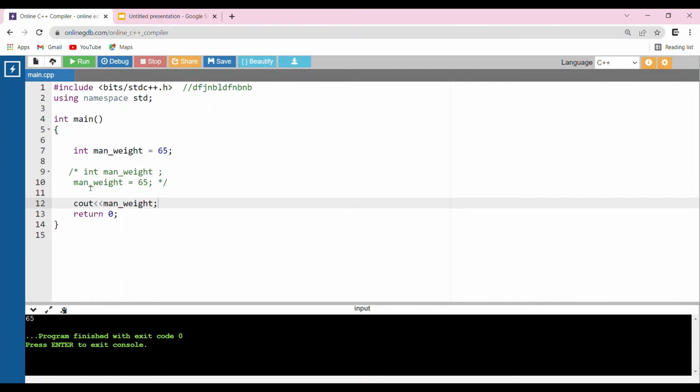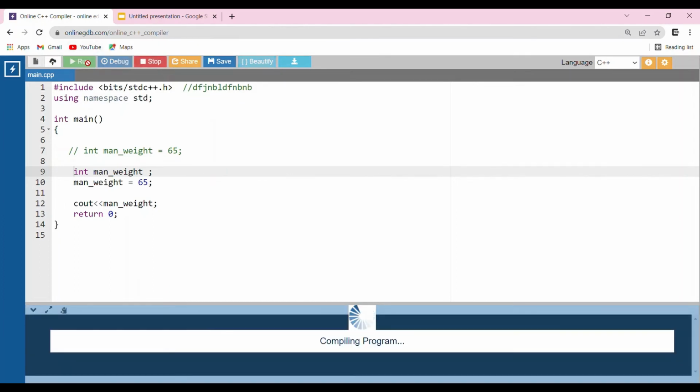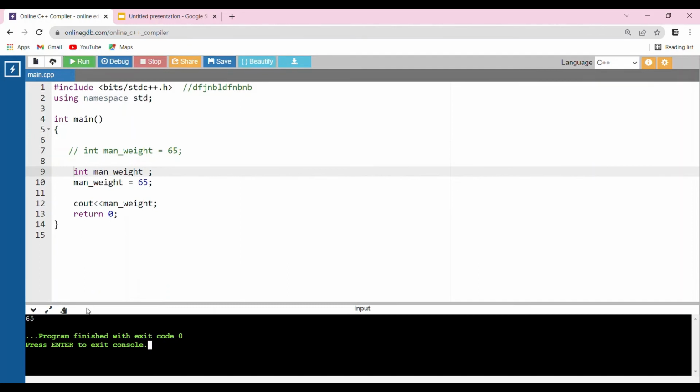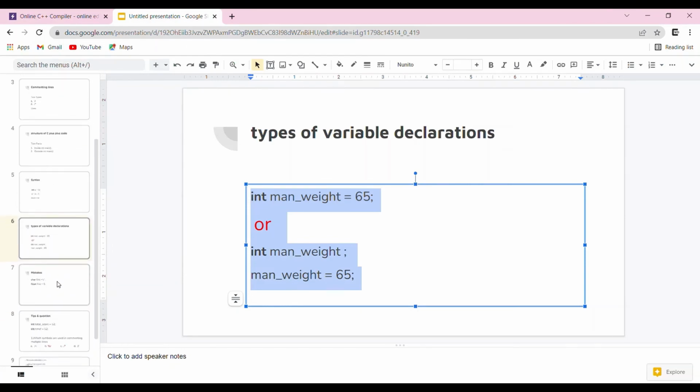Now let's comment this and try this. See guys, first of all we declared a variable with the name man weight, and after that we assigned a value 65 to man weight. This is the second type of declaration. See, both are same. Now you might understand about the types of declarations. Next, let's go into another topic.